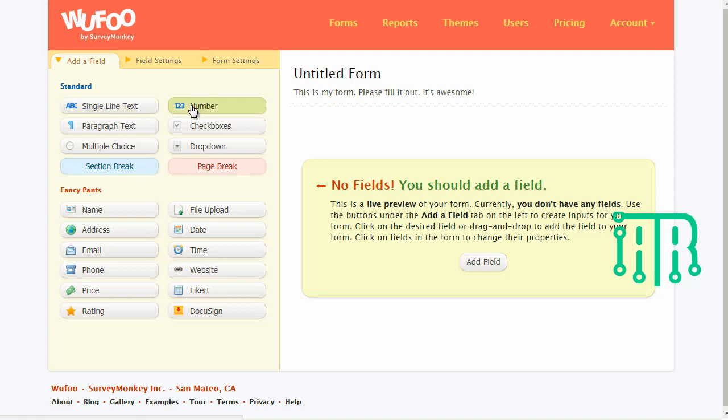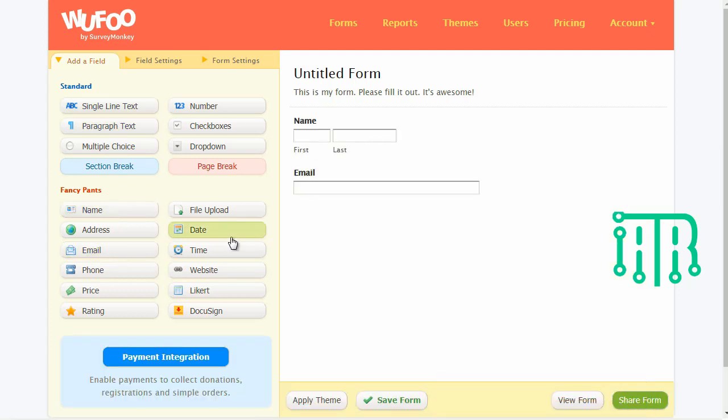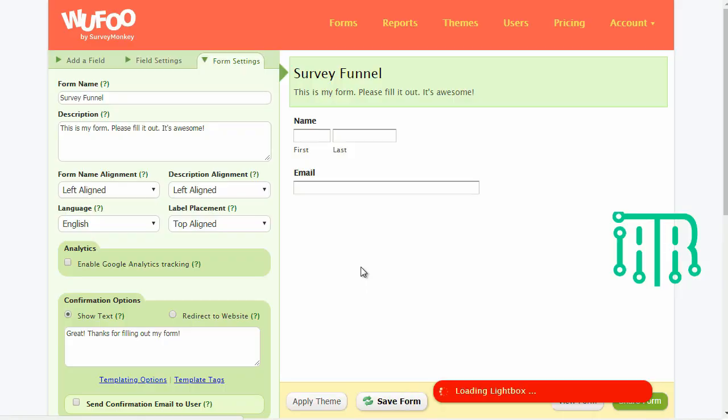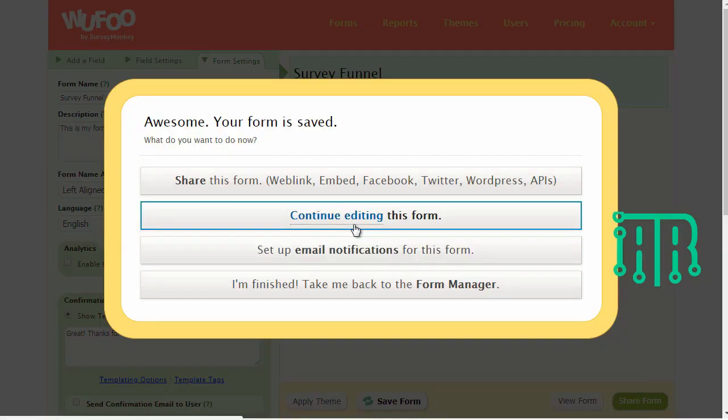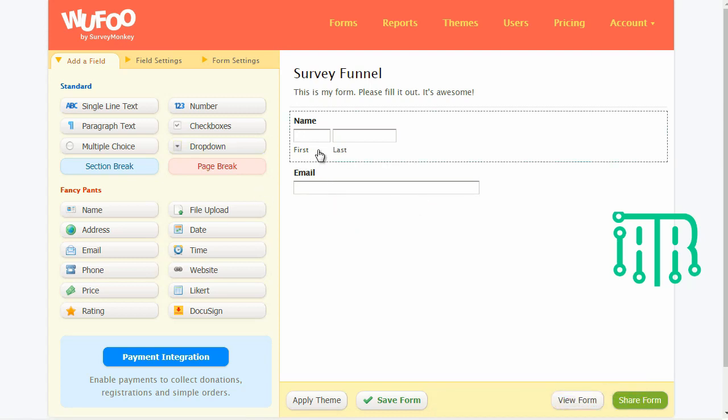So let's just enter here name and then email. With Wufoo, you just click it and it automatically shows up here. And we'll click save. Continue editing this form. So we've got the name, we've got the email, and we could do